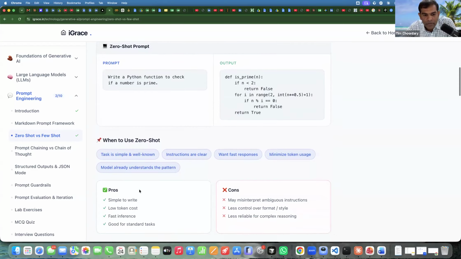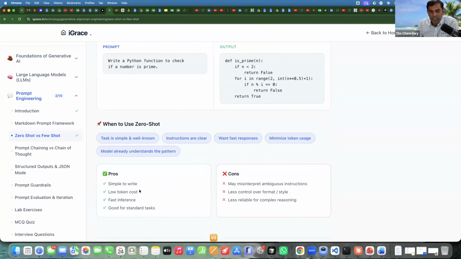But the important point, as we just discussed, is low token cost. See, examples also consume tokens, correct? It is simple to write, has fast inference, and is good for standard tasks. But it all boils down to the cost and output quality, right? The downside of zero-shot prompting is that if you are just calling it out, let's say in our previous example, what we mentioned,